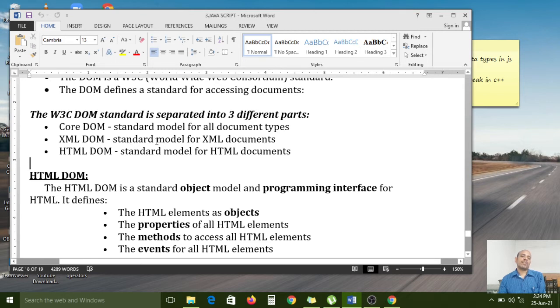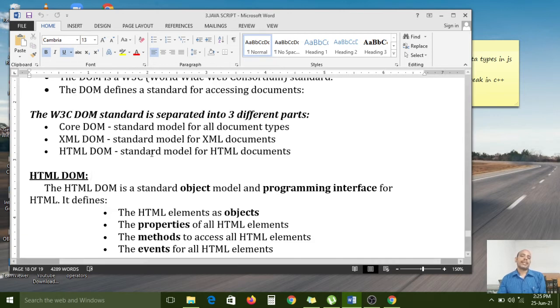It is also one of the standard models given by the W3C organization. And the last one is HTML DOM. HTML DOM is also a standard model for HTML documents. Till now we have been using core DOM and HTML DOM. Core DOM is for whatever text content documents you have; that text content document will automatically open in the browser, no problem.